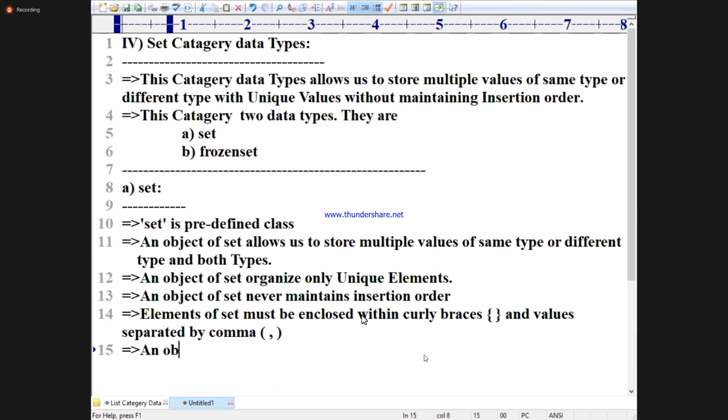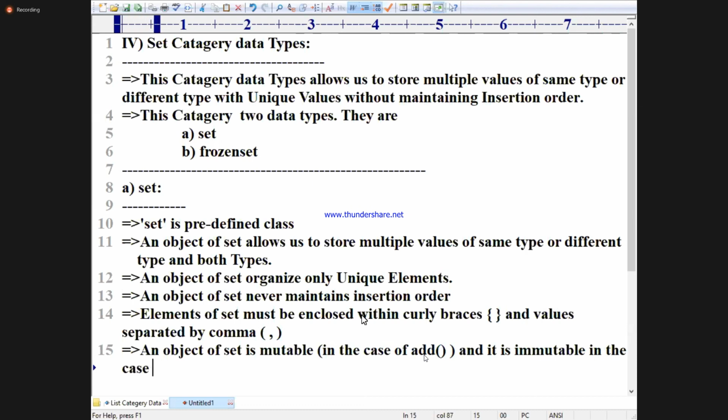An object of set is mutable in the case of add function, and it's a very, very important point, immutable in the case of item assignment.